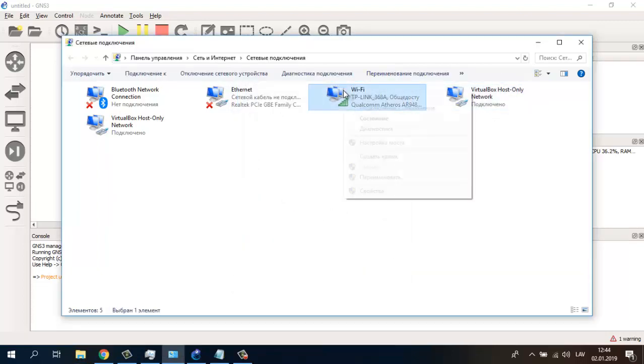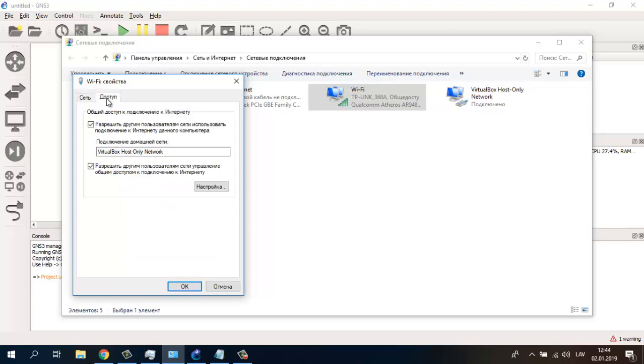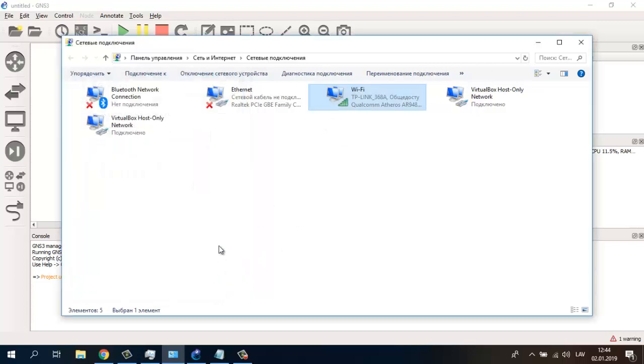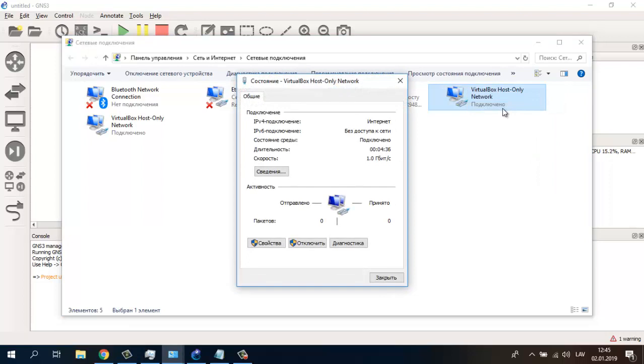We go to our Wi-Fi connection properties. Here is the second page, sharing, and here this thing must be checked. Then you are sharing your internet with the virtual host adapter,